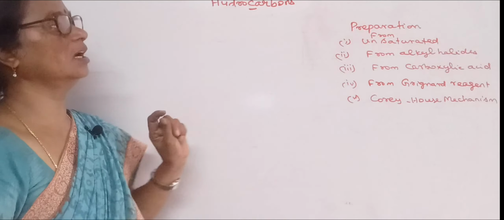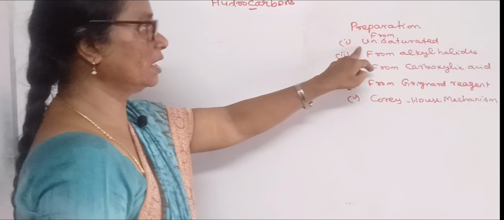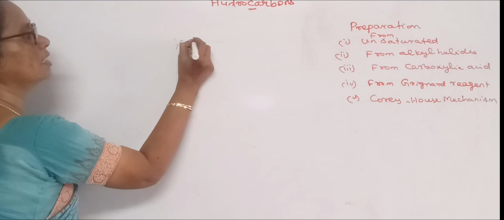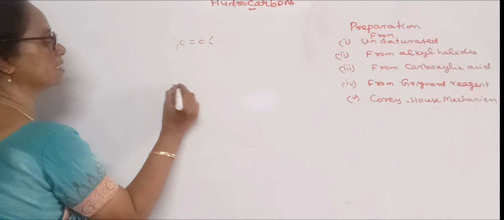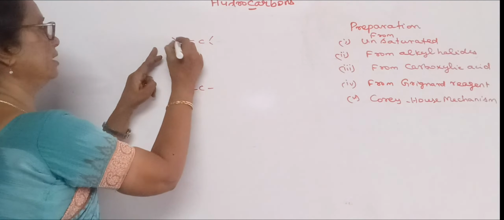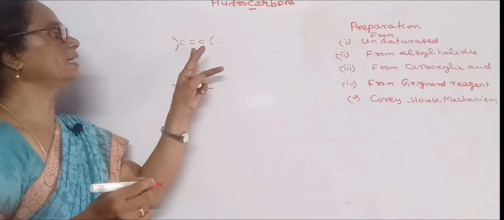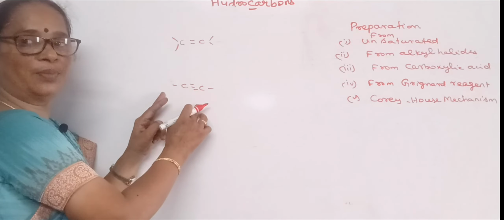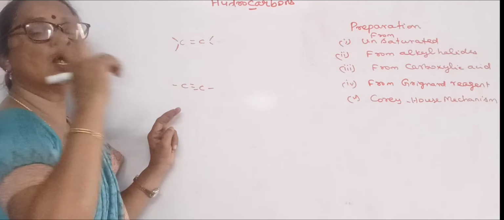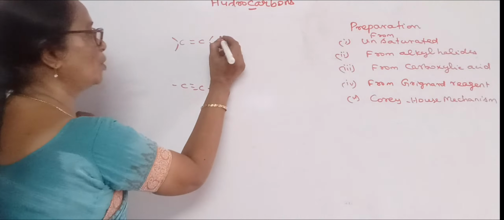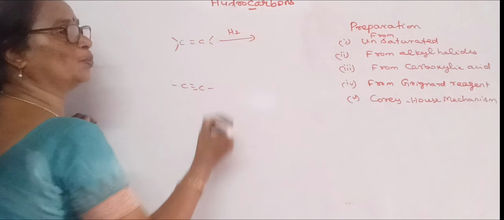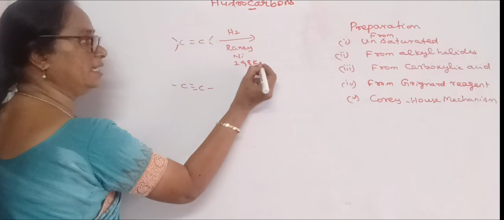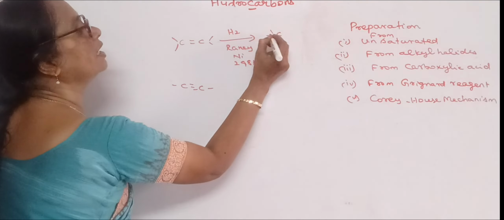Let us see the preparation of hydrocarbon. The first method is preparation of hydrocarbon from unsaturated hydrocarbon, C double bond C, or C triple bond C. In this case, we have to satisfy the pi bond by a molecule of hydrogen. In alkyne, as it has 2 pi bonds, those 2 pi bonds will be satisfied by 2 molecules of hydrogen. So, suppose the alkene is reduced by the Raney nickel at 298 Kelvin, we will get